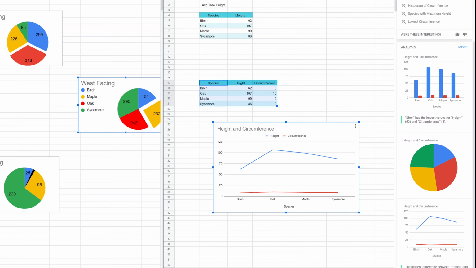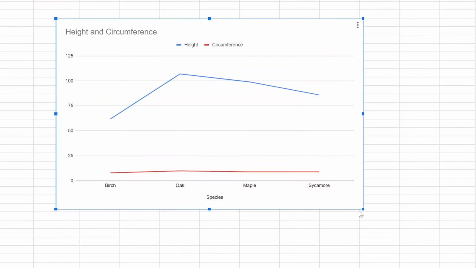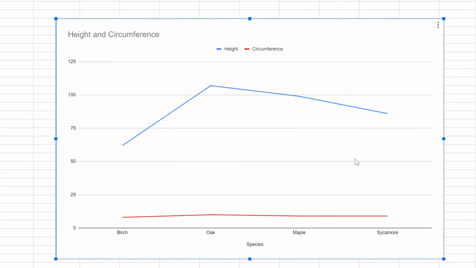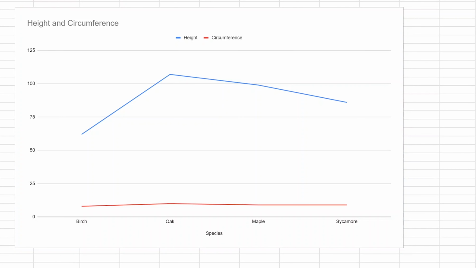All right, so we will close the Explore button. And it has made life easier for us. It's made a pretty workable chart for us. We'll make it larger. But we have a problem here, and let's talk about that, is that these are useful